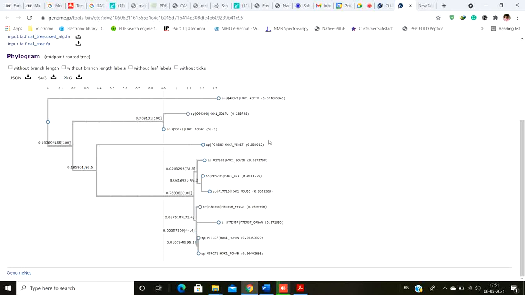Now, how do you know that the template proteins, or the template that the particular server is using, is a better template, or is going to give you a good result? You always use this particular server to check whether the template that a website like Robetta or I-TASSER has selected is a better one.